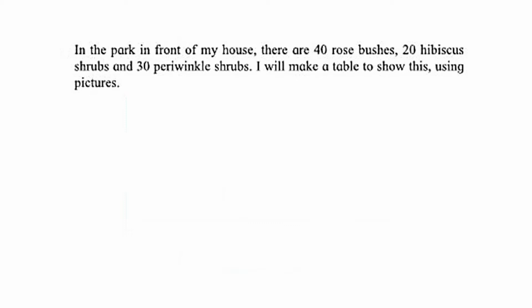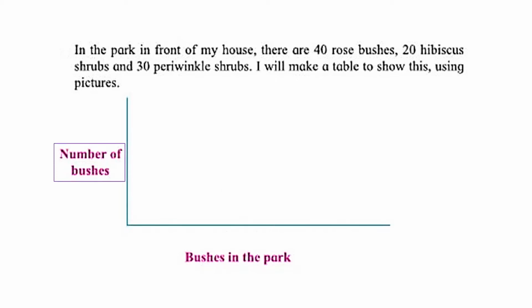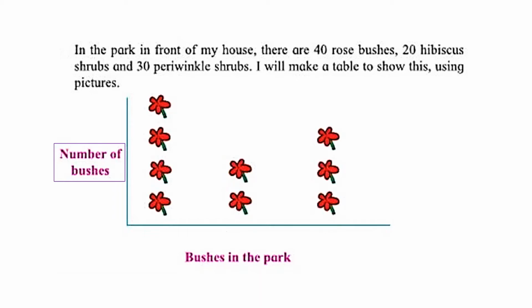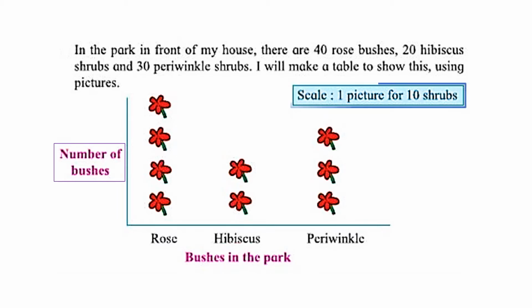So students, every pictograph has a title which tells us what a pictograph is about. Second is pictures which tell us the given number of objects. Third, label which tell us what kind of data is shown. And fourth is scale, which is very important, which tell us the number each picture is equal to.